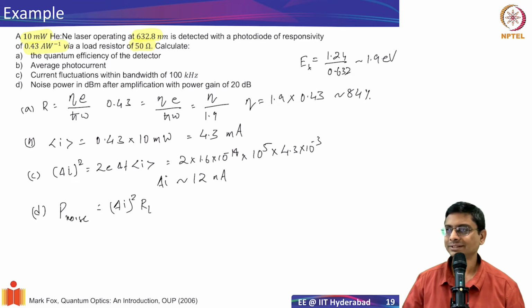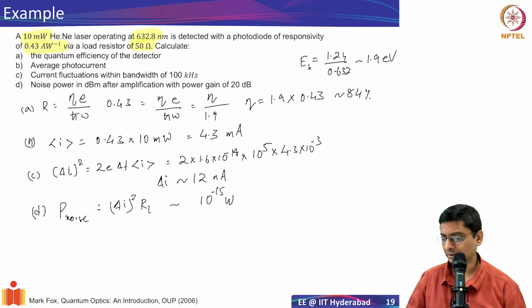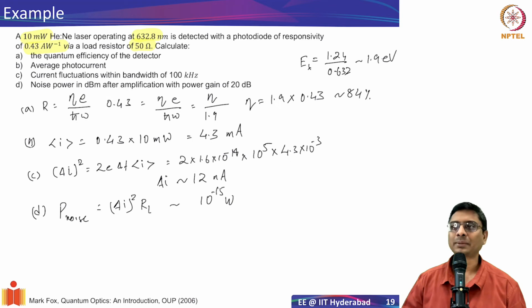6 something. And then you can calculate how much it is. I think it will turn out to be some 10 power minus 15 watts approximately. And now, if you have such a scenario, the question was basically to calculate in dBm after amplification with a power gain of 20 dB. If you say power gain of 20 dB, it translates to basically increasing it by 100 times. So after amplification,